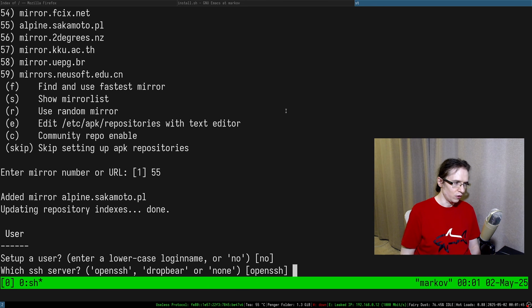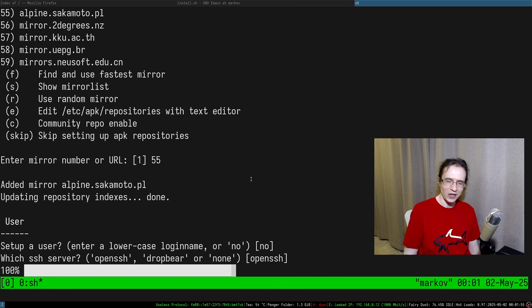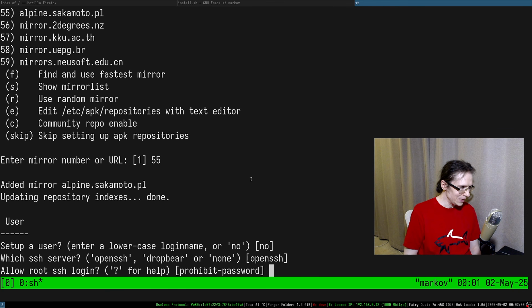Which SSH server? Dropbear. That's a very interesting name, but I'm going to be using OpenSSH. Okay, so we're installing. Allow root SSH login?